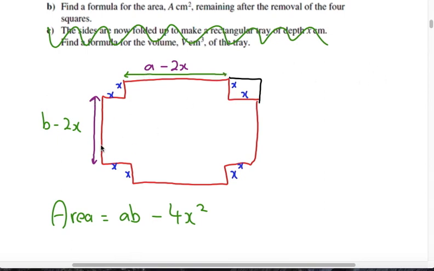This length here, when you fold it up, would have been the whole length here, b minus x, so b minus 2x. So when you folded it all up, it would have been height of x times that, and you would use brackets. So you would write x brackets a minus 2x, close brackets, open brackets, b minus 2x, close brackets,